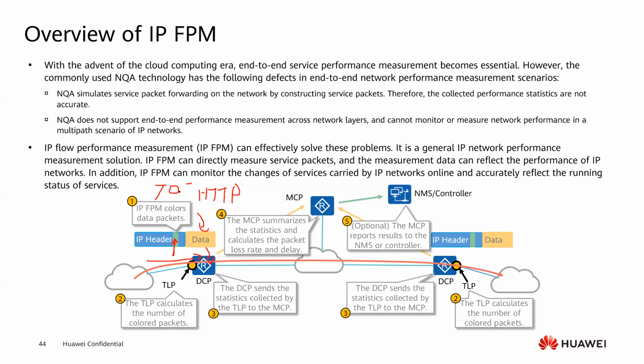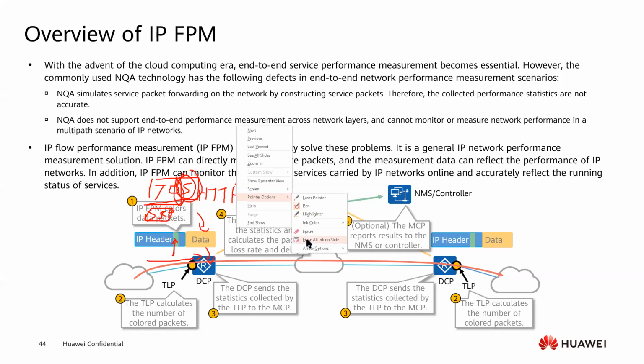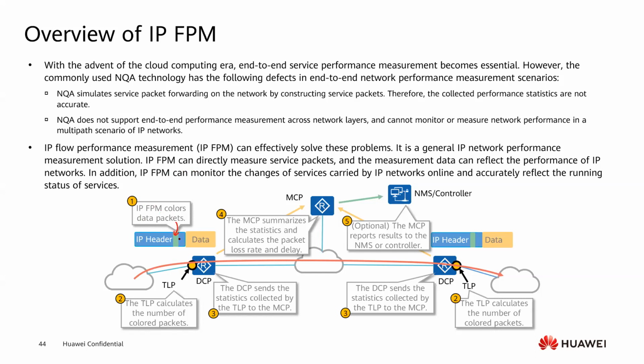Because we know that in the IP header we have a field called TOS, type of service, right? The TOS only uses the first 6 bits, DSCP, and the last 2 bits are not being used. Actually, we can normally just use the first 5. The last one we can put as 0 most of the time. Anyway, we put a number into the IP header, which means I color it, and when it is sent out,